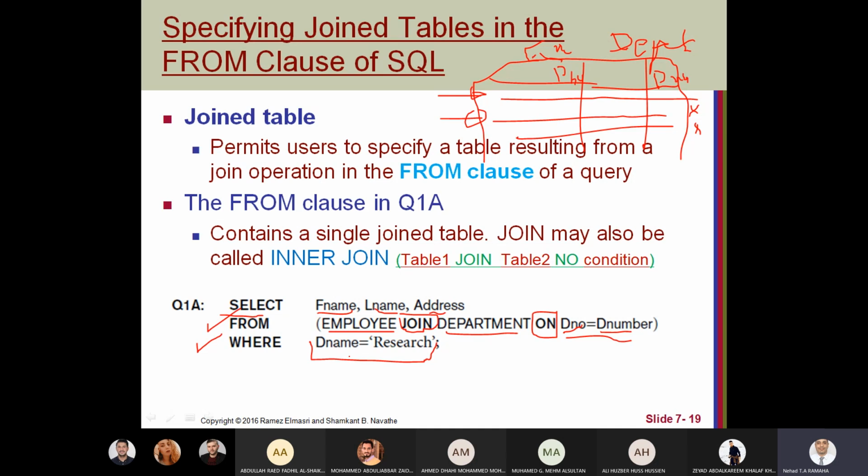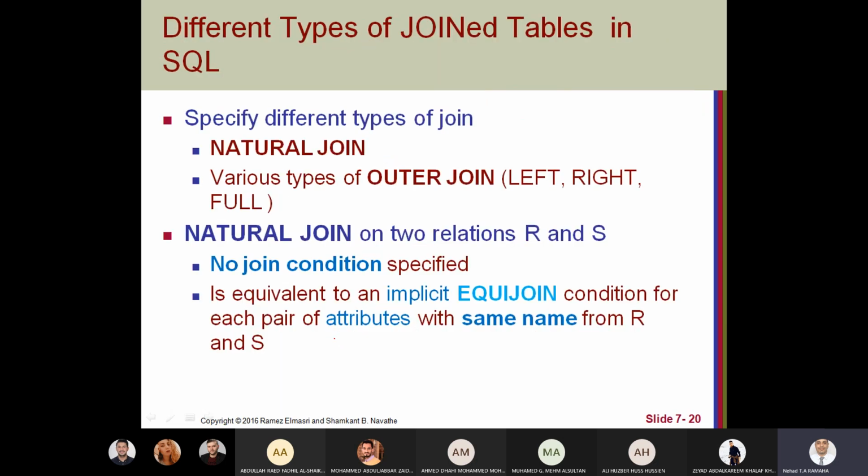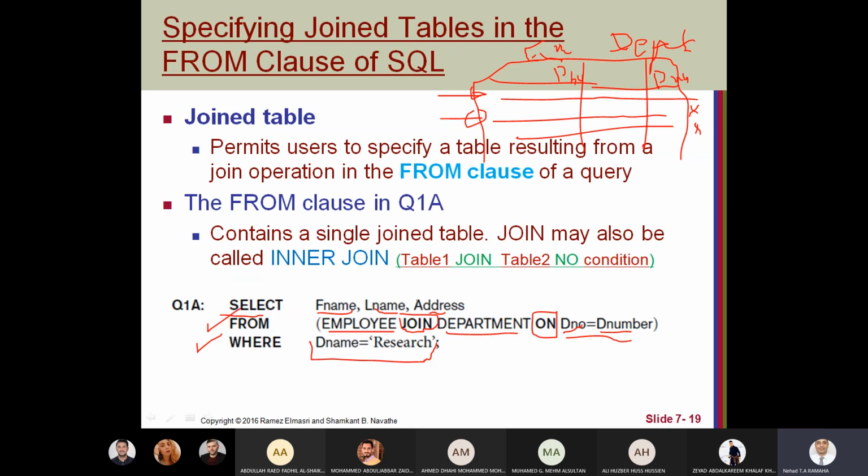Okay. Selection when we have D name equal research. This join, we called it inner join, the previous one. This one, inner join, or equal join if we have the condition equal.